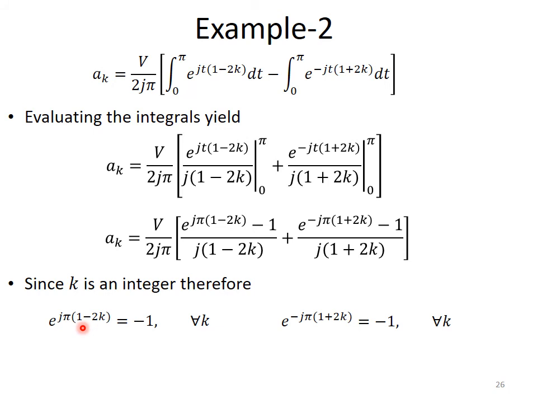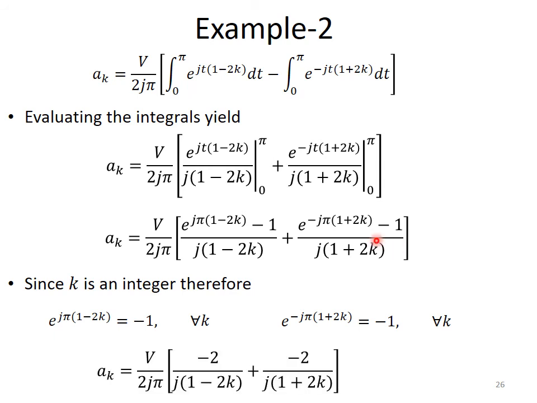So e power minus 5 pi would be cos 5 pi plus minus j sine 5 pi, right? So cos 5 pi is again minus 1 and sine 5 pi is equal to 0. So for all the values of k, e power j into 1 minus 2k is minus 1, and similarly this one is also minus 1. So rewriting ak,